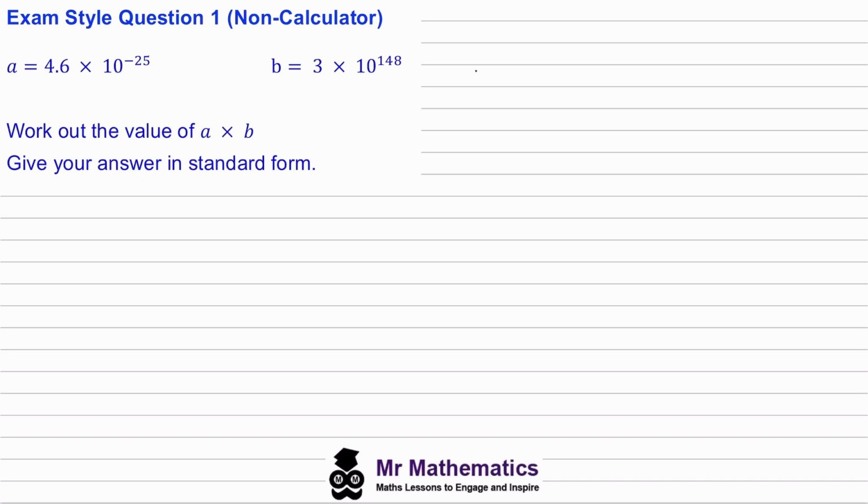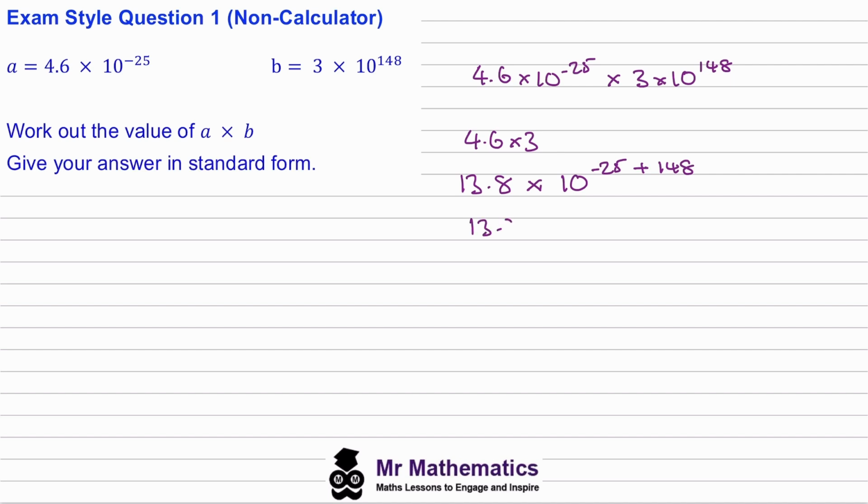We've got A, 4.6 times 10 to the power of negative 25 multiplied by 3 times 10 to the power of 148. What we can do is work out 4.6 times 3. Then we can use the multiplication rule of indices to multiply these together. So they multiply by 10 to the power of negative 25 plus the 148, which will give us 13.8 times